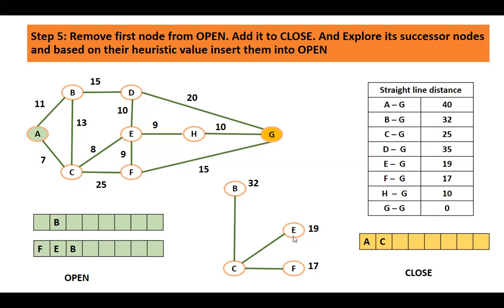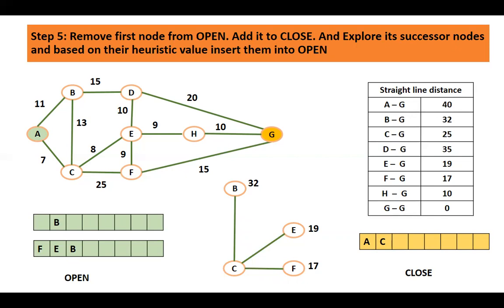Now the heuristic value of E is E to G, that is 19. Right. The heuristic value of B, that is B to G, is 32. So now you have three successor nodes for the node C. Now again you will insert them. B is already in the queue, so you will not insert it again, but you will reposition it. So insertion will be now what? It's a priority queue. So first F will be inserted, then E, and then B, which is already there in the open, right? So you can see it is a priority queue. This is the lowest value and this is the highest cost.